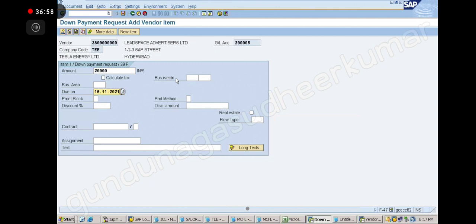Correct. Okay, note down everybody. Same down payment request again I am showing for 20,000. There is also a text folder, a text box. In the text box, we generally also write down the down payment request.